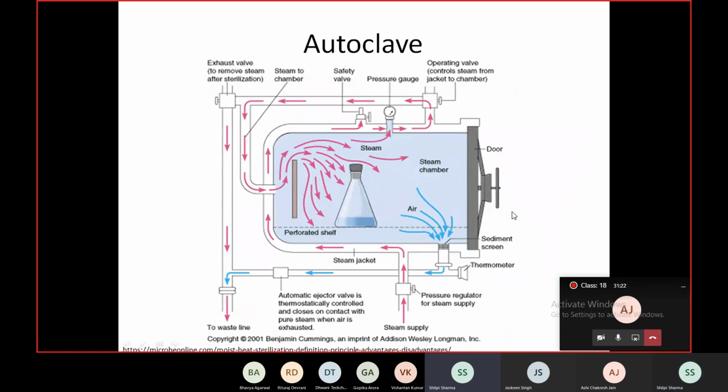So autoclave is a high pressure device in which steam is superheated under a pressure of 15 pounds per square inch and a temperature of 121 degrees, and you maintain it for 15 minutes. So these numbers are crucial when you're working with an autoclave: 15 pounds per square inch, 121 degrees, and 15 minutes. This is a standard program that is set. You will very commonly encounter it. Almost all our experiments will start with sterilization of the medium that you will be performing in an autoclave.